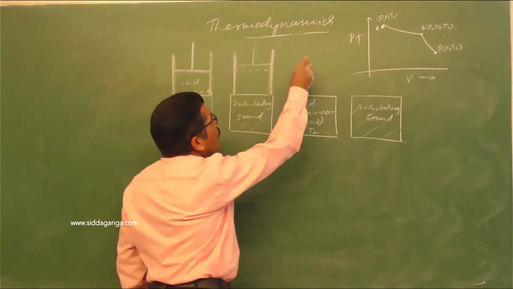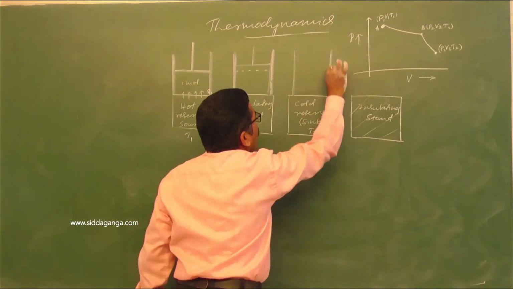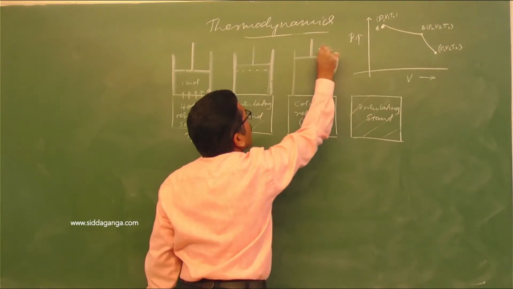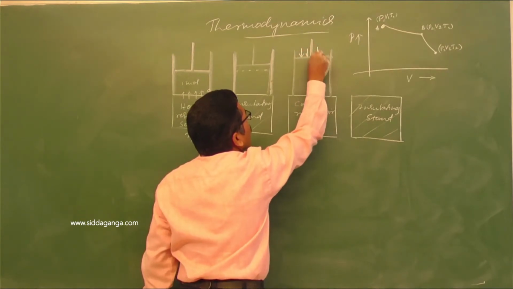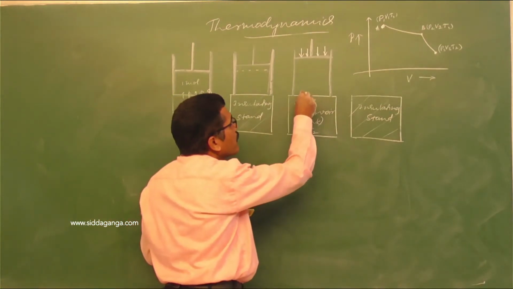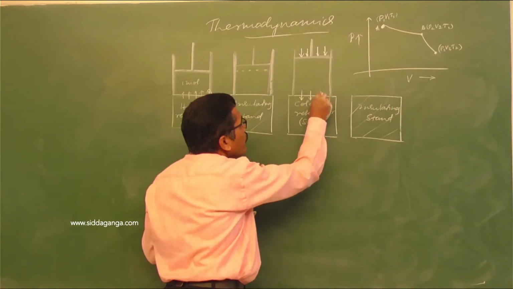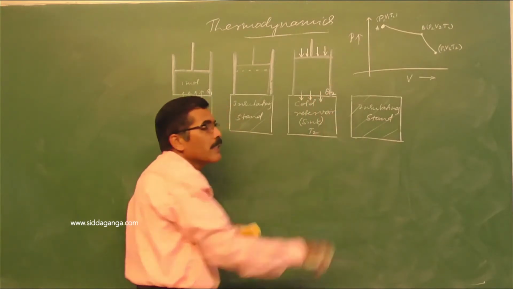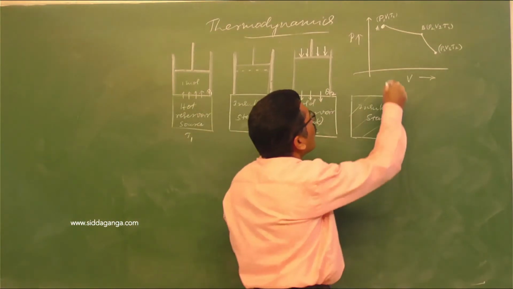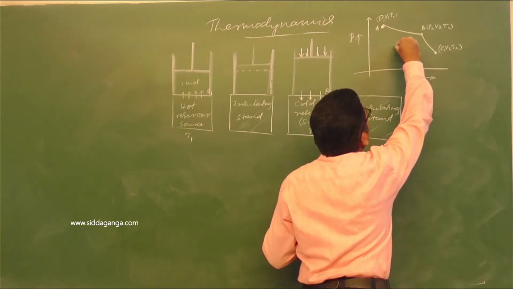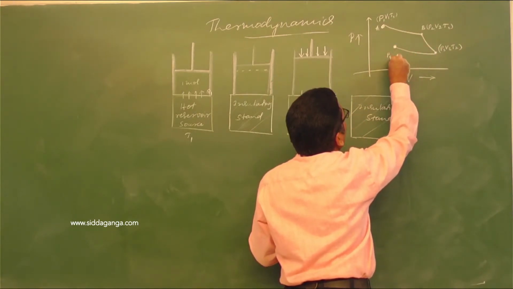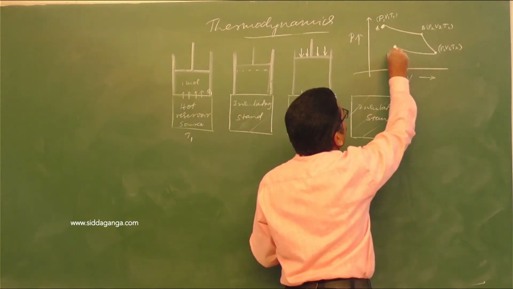Afterwards, you keep this on the cold reservoir. Gradually compress the gas at a temperature T2. When you compress this, a certain amount of heat, Q2, is rejected to the sink. Therefore, this is isothermal compression. Now the pressure is P4, volume V4, temperature is T2. Temperature remains at T2.